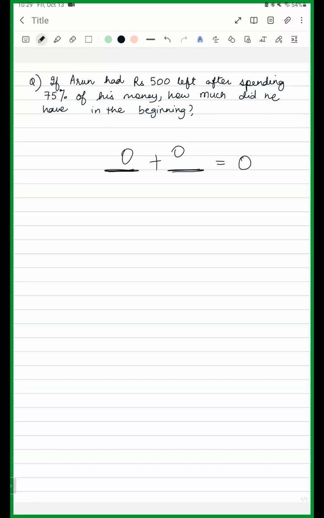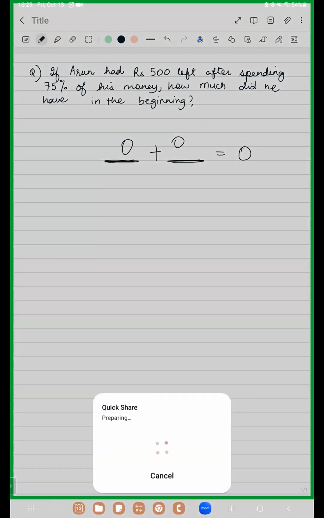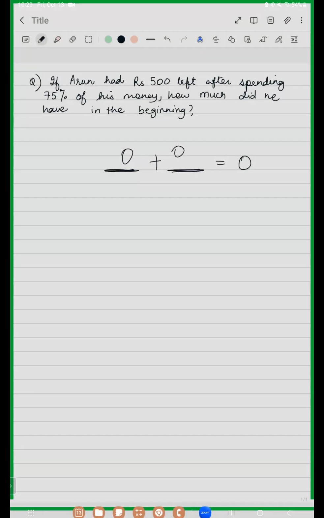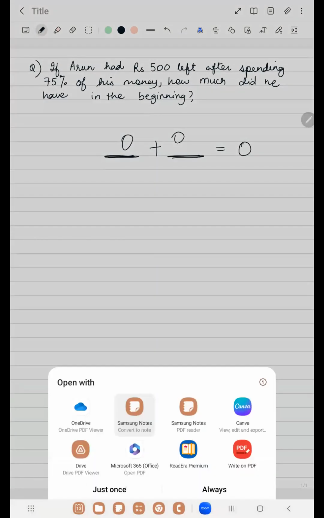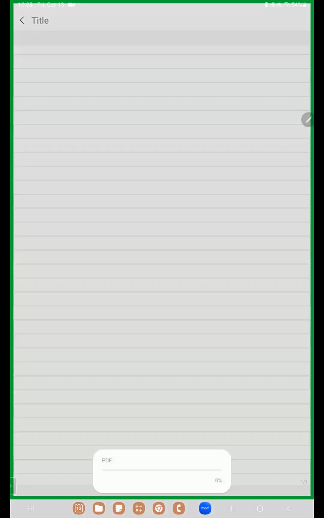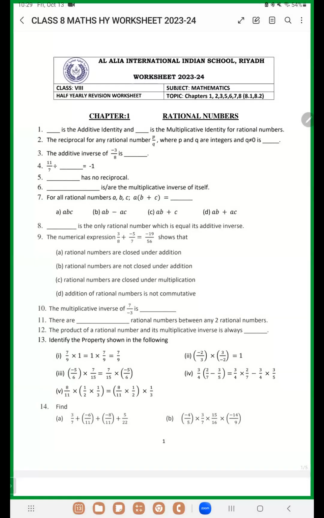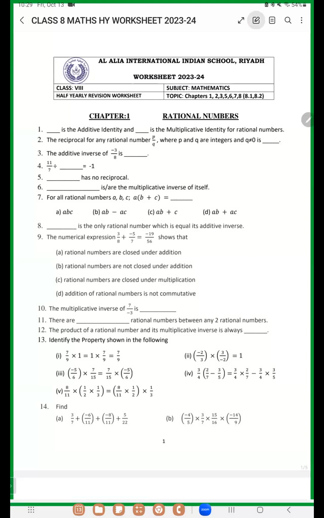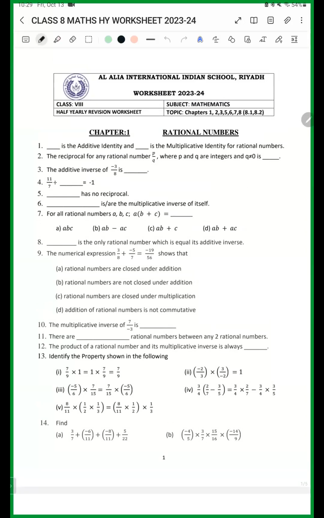Next. The numerical expression 3 by 8 plus -5 by 7 gives -19 by 56 shows that rational numbers are closed under addition. Yes, very good. I didn't understand this question though. But closed means closure property. Closure property means,